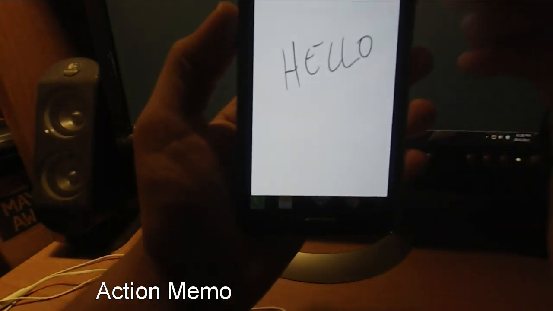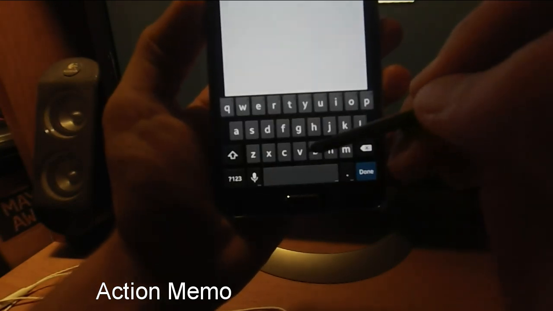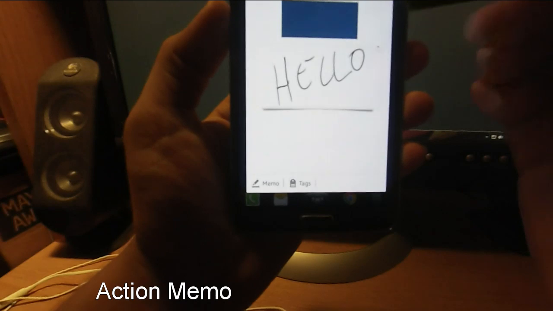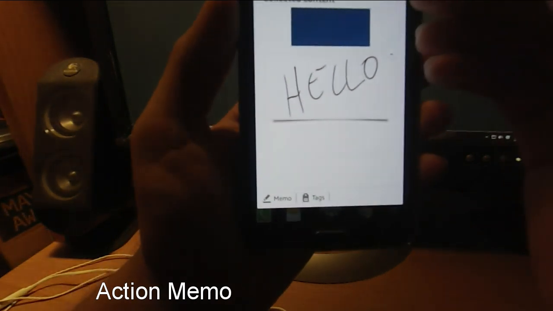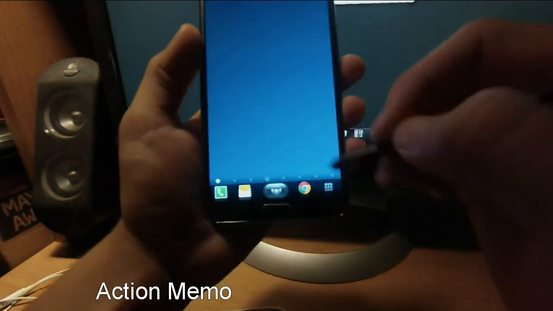You could do that too. Write something quickly on it. You could enter tags. I don't have any, but it's up to you. Right, so to give you an idea how this works,